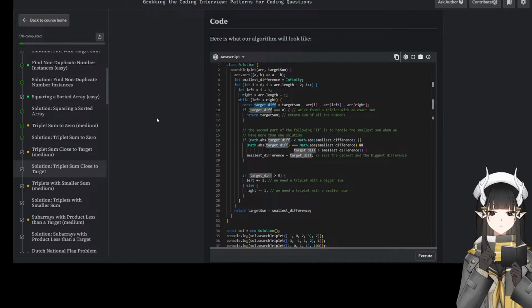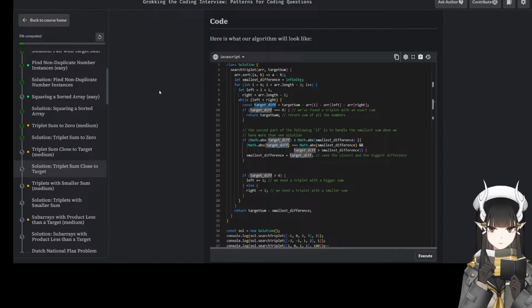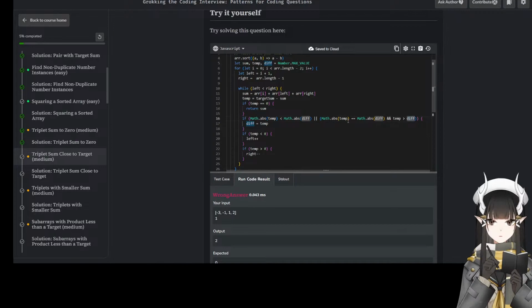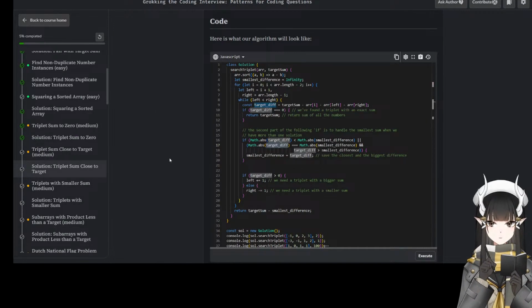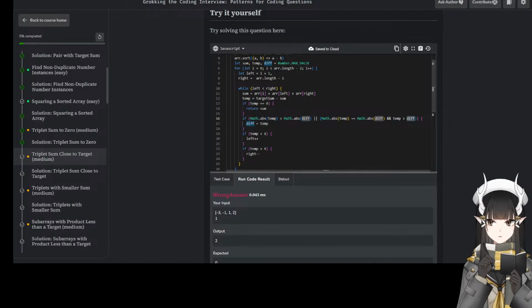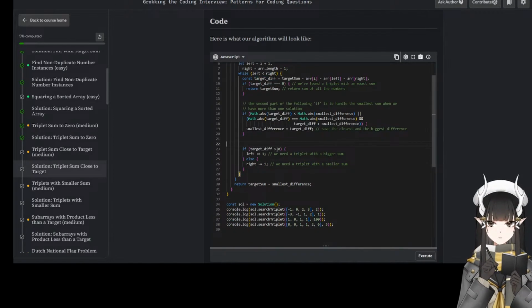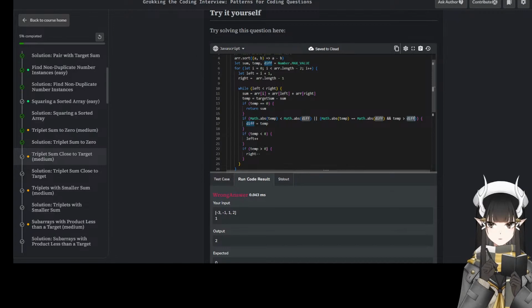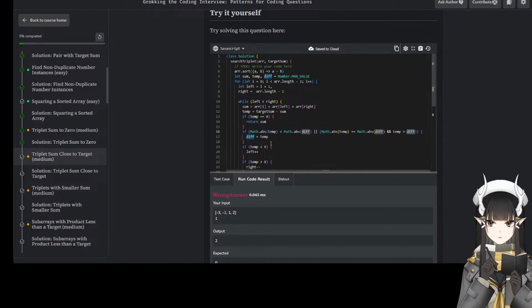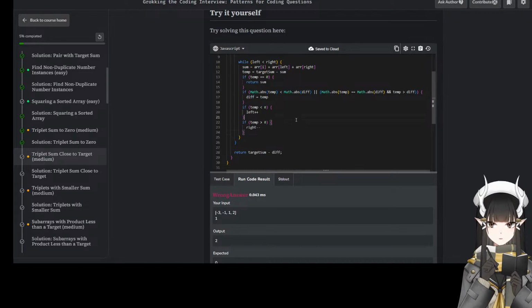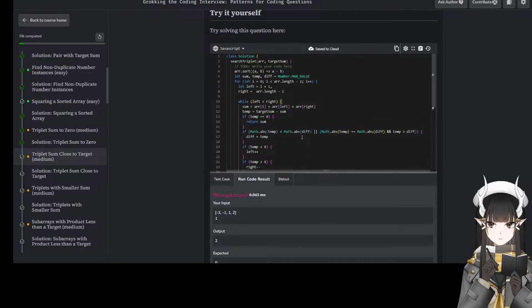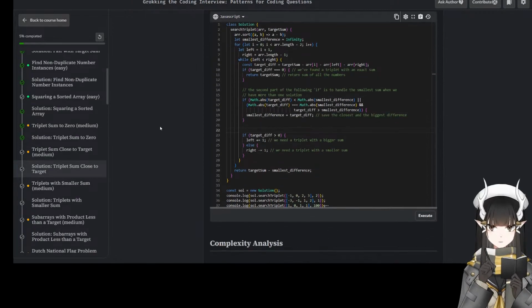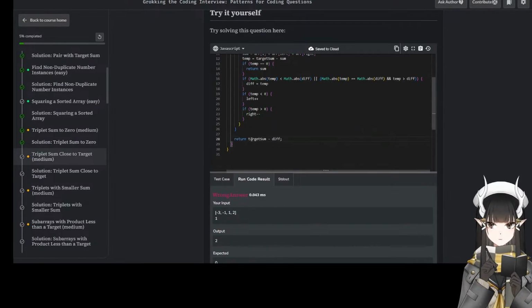Wait, hold on. Target difference is 10. 10 is greater than the difference. Yeah, I have that. Then we update this value. Right, but if the target difference is greater than 0 with +1, has to be -1. I have that. +1, -1. That's correct. It's the same code, just written differently. So what's wrong here? Target sum -1. Oh, minus difference.